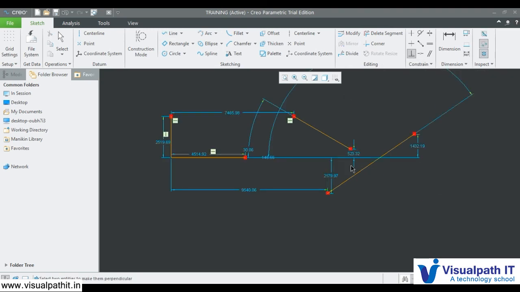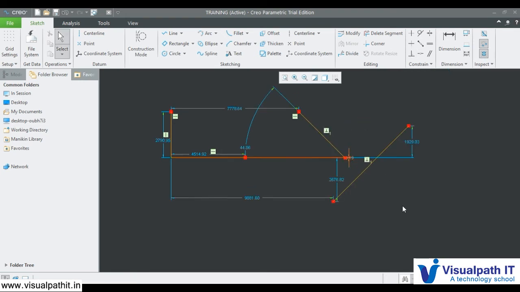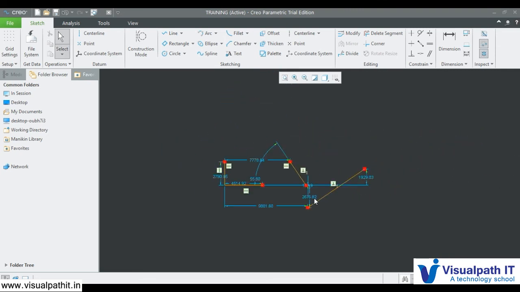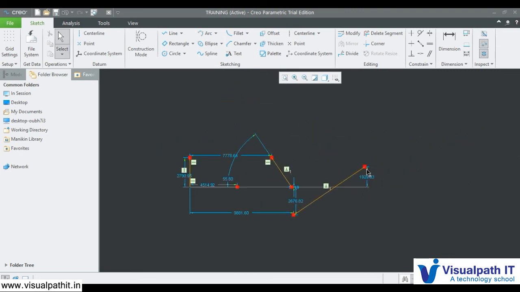So I will use this perpendicular. I'll select this line, this line. Now these two lines are perpendicular. So wherever I move, whatever the angle I want to move this, these lines will be perpendicular.